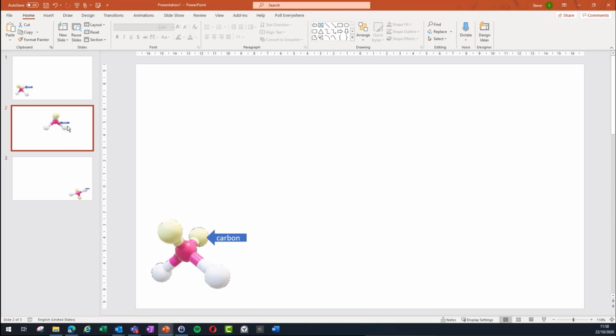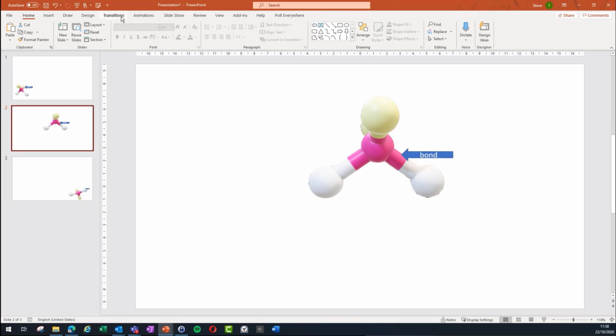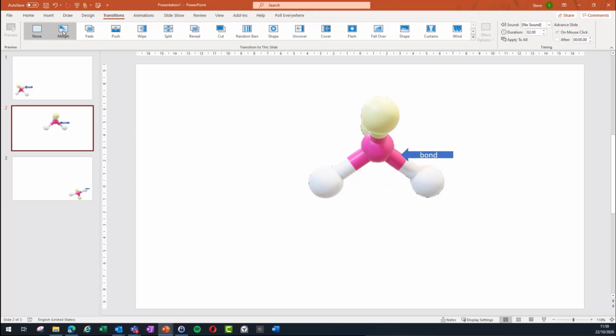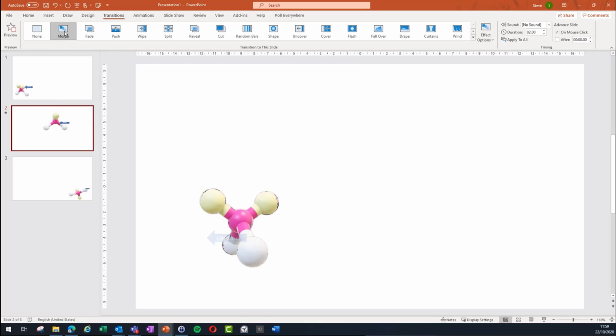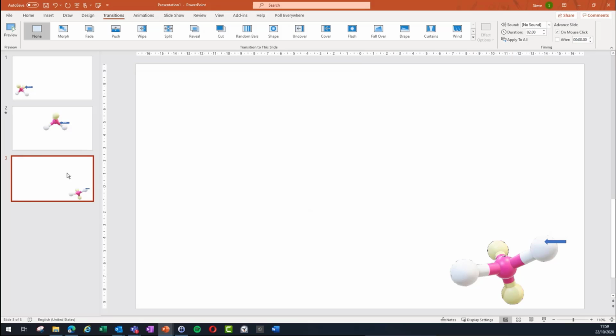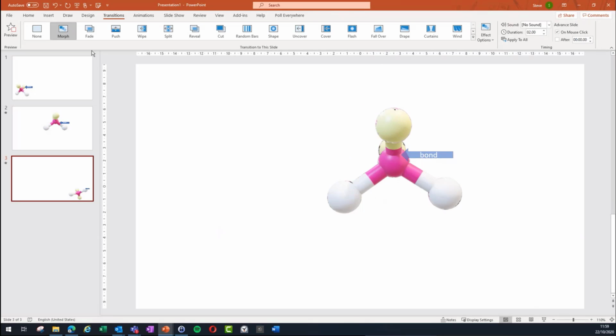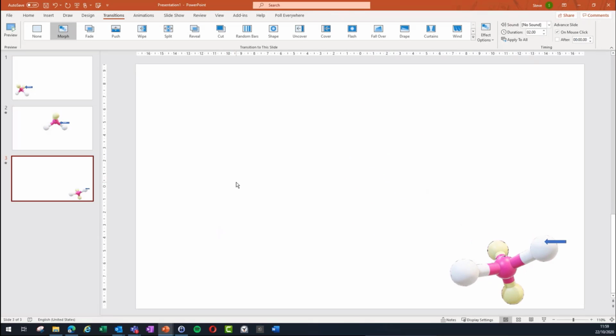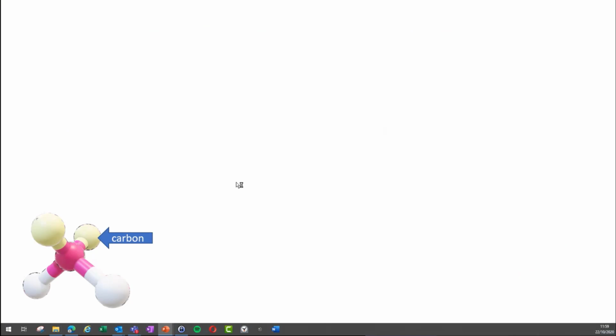Now all I'm going to do is use a transition, and it's the morph transition, like the little plasticine man from TV in the olden days. Morph. And then I do the same on the third slide in the sequence, morph. So now when I run this full screen, like so, I can move through the slides,